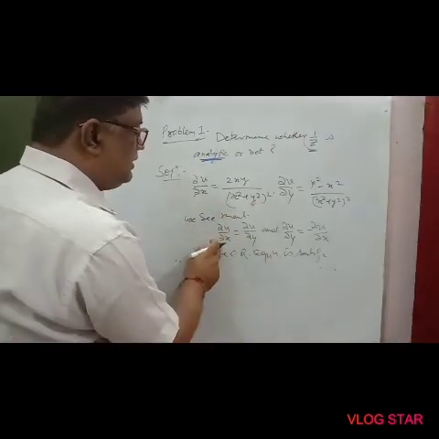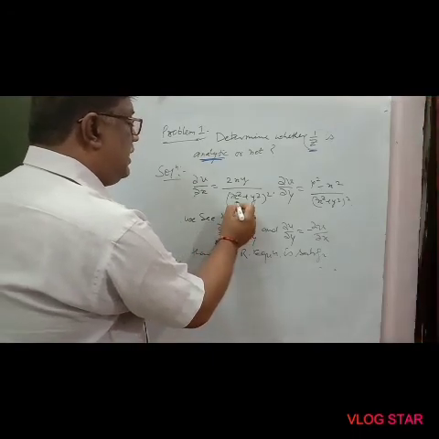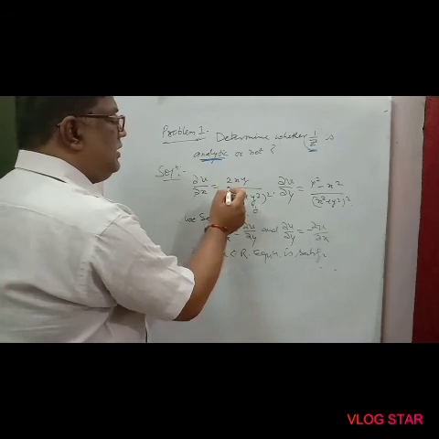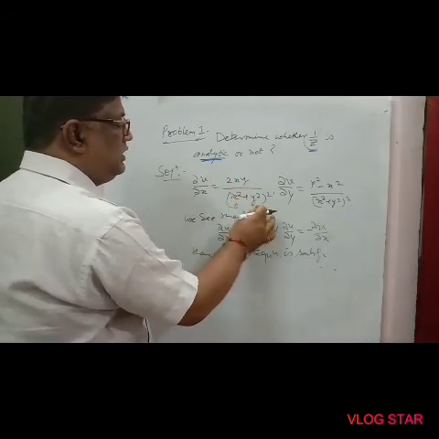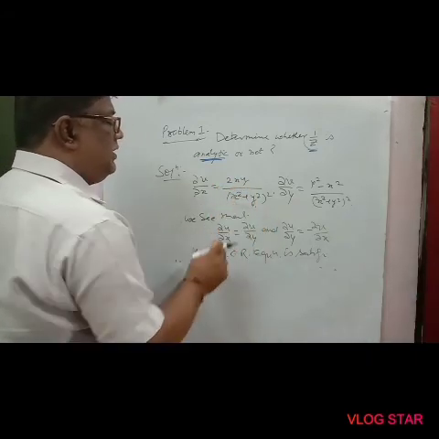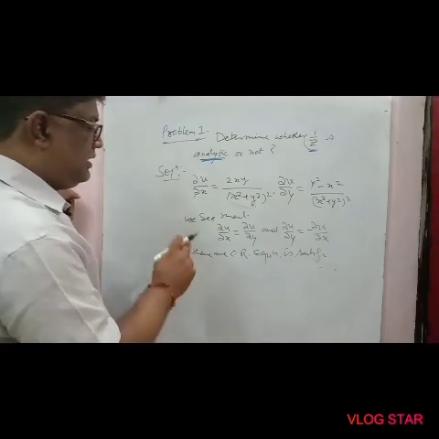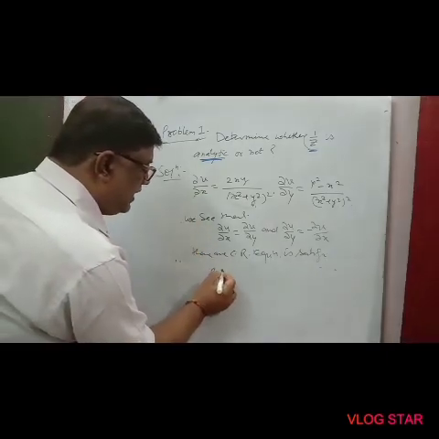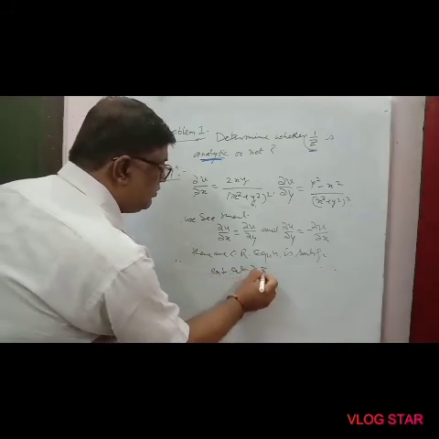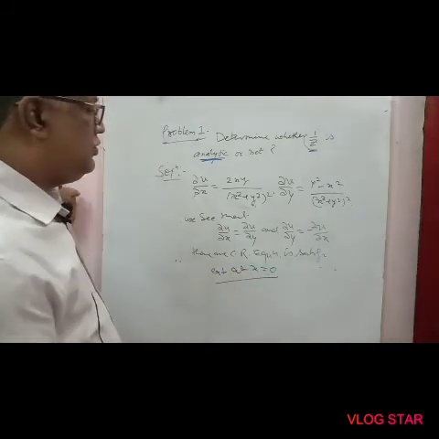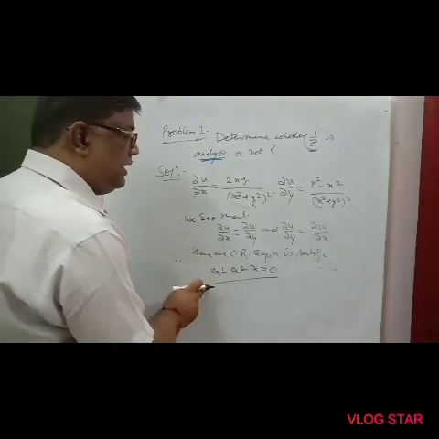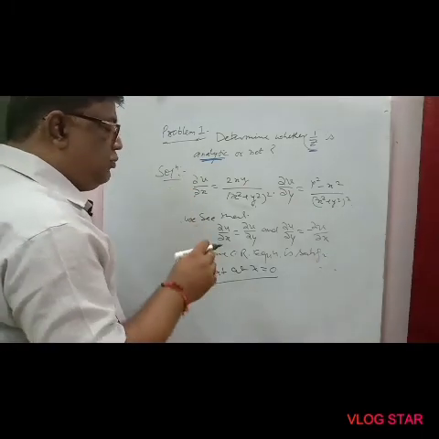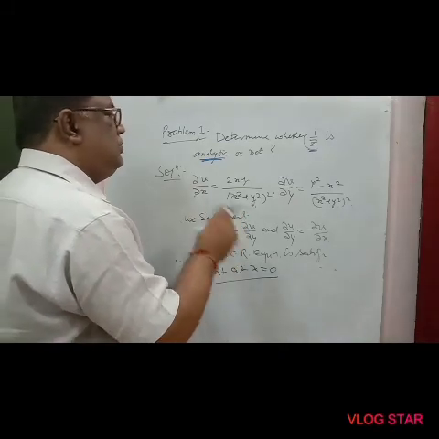But the CR equations are not satisfied when x is equal to 0 and y equal to 0. Then 2xy upon this gives an undefined form. It means these equations are satisfied everywhere except at x equal to 0, y equal to 0. It means this is analytic at all points except at z equal to 0.